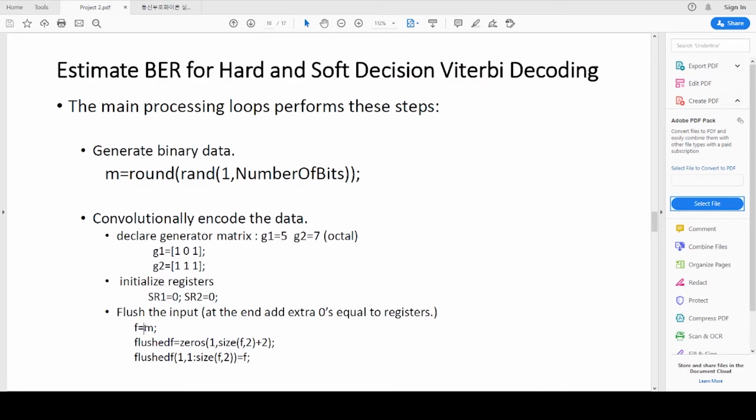I assign my input message to the variable f. It depends on you, you can assign it or you can directly use your variable m. And also I need some other 2 variables. I assign it c.